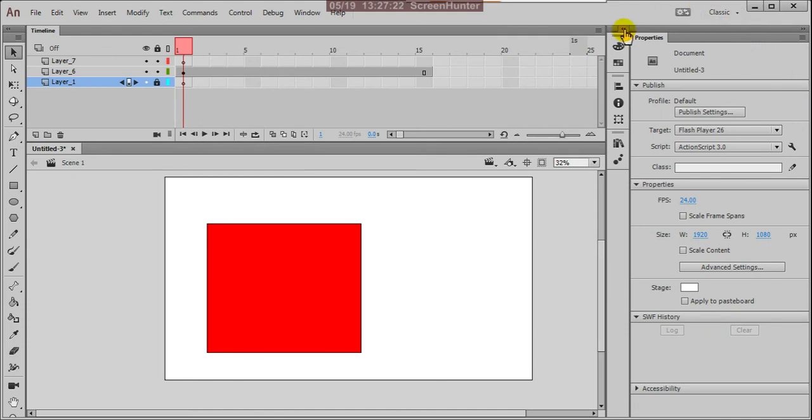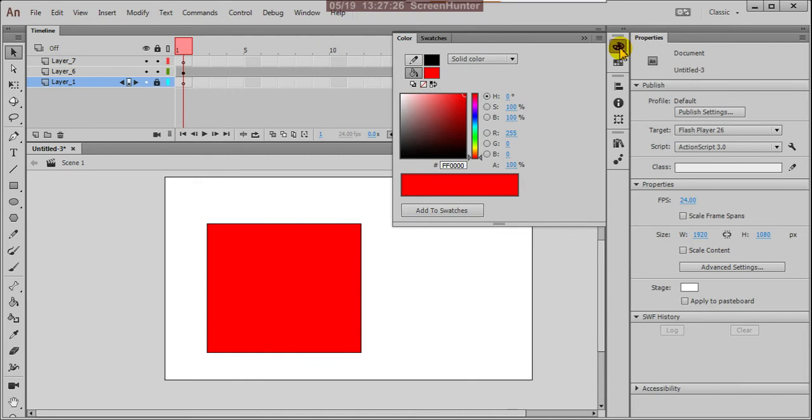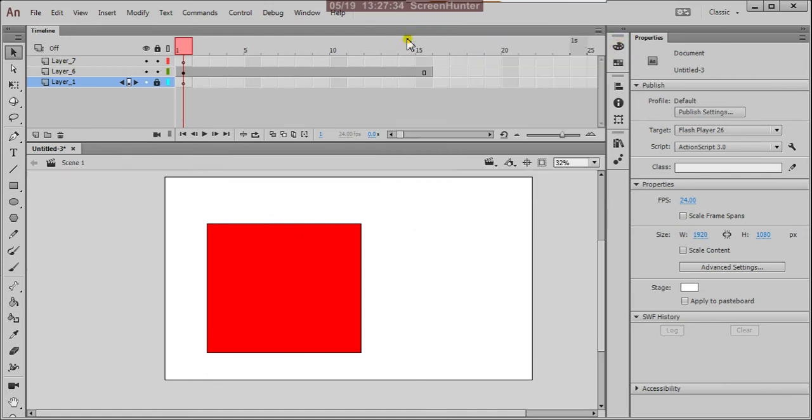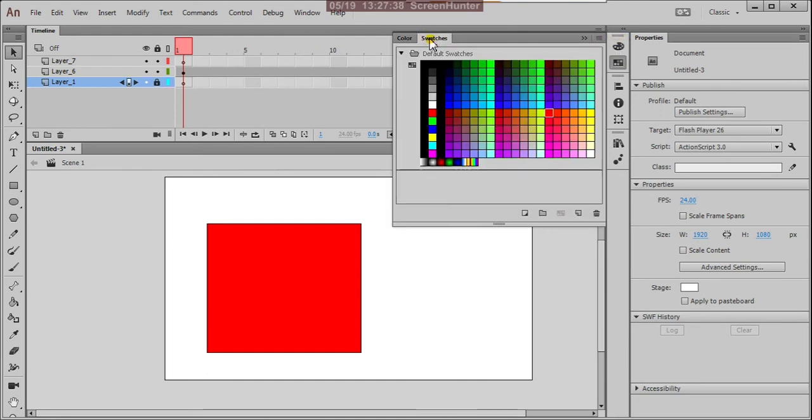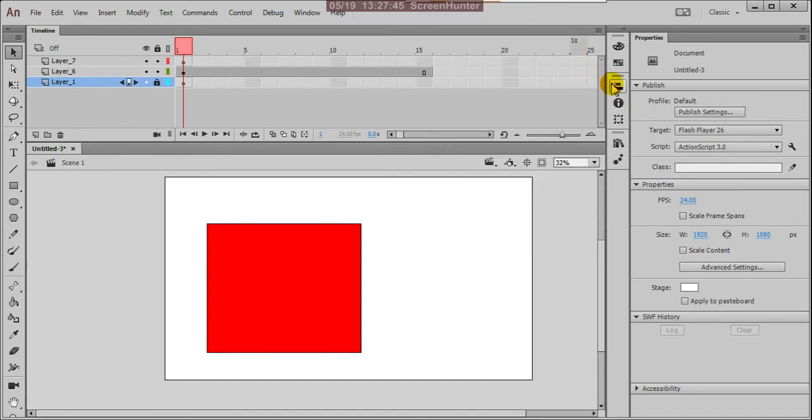Come here, and these are the panels. Different panels, same like Illustrator and Photoshop, we have the panels. These are the color panels. Below that are the swatches, color swatches. And here we have the other panels.